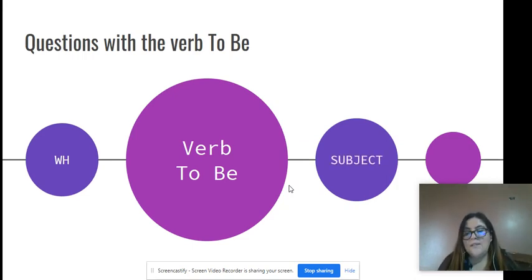Then we have the subject. The subject of the question could be a noun, for example, your mother, your father. It could be a pronoun: you, he, she, it, we, you, they. And we will finish our question with a complement. As I told you before, it could be an adjective, it could be a noun, but